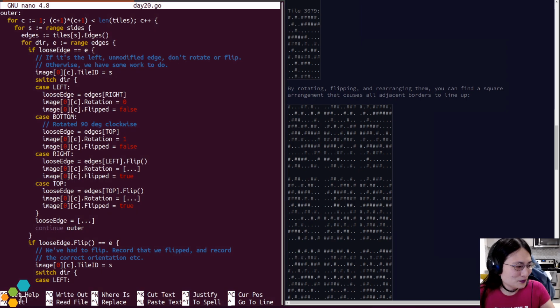So now, if I have a loose edge of some kind, in order to match it, the next piece, if it matches straight up, is always going to be a flip of the last kind that we saw.